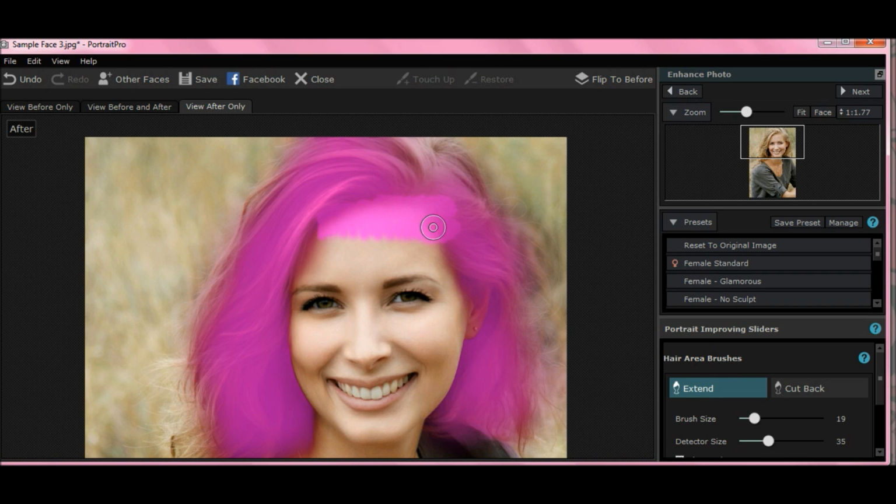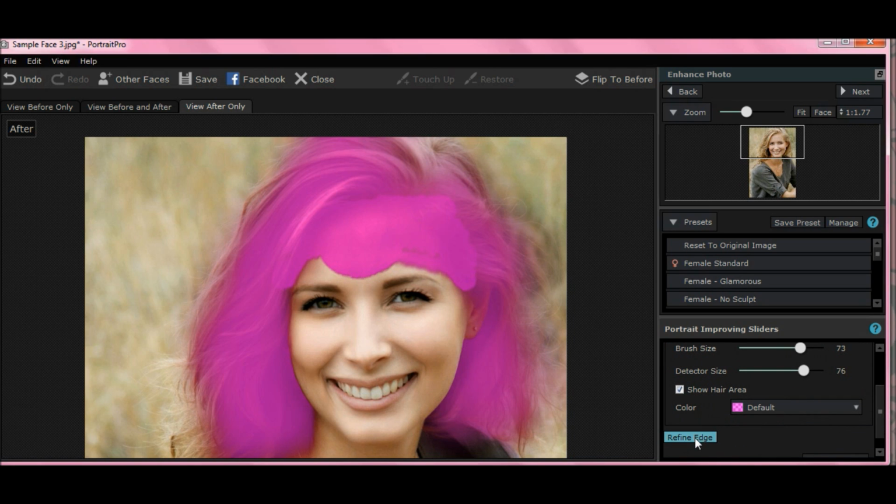And you really don't want to do that, but I'm going to do it anyway to show you. That would pull her hairline way down, and I'll show you what it does. All right, let's make it crazy, all purple up here. And you can adjust this thing here. I don't know what you call it. See? You can make it big, and you can make the detector size, which is the middle portion, really big. See? Now, if you were to do Extend and put all that highlight in purple,